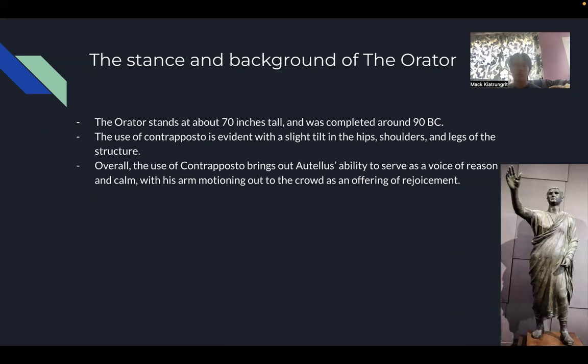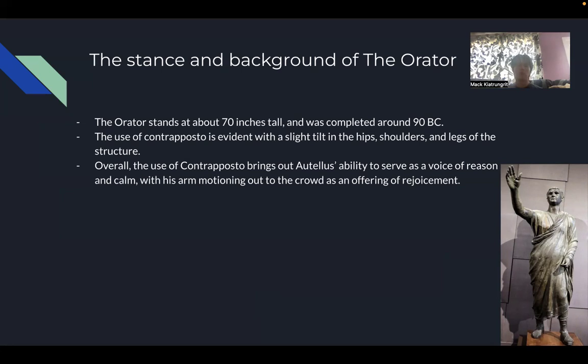So a little bit about the stance and the background of the orator. The orator is much shorter, 70 inches tall, and it was completed around 90 BC. The use of contrapposto is evident. There's a slight tilt in the hips here. The hips are leaning upwards. The shoulders are leaning a little bit upwards as well, and he has his left leg in front of the right leg. This again brings out his emphasis of power, serving as a voice of reason